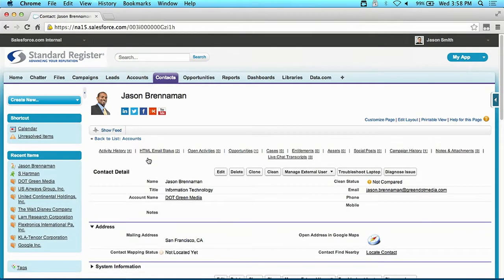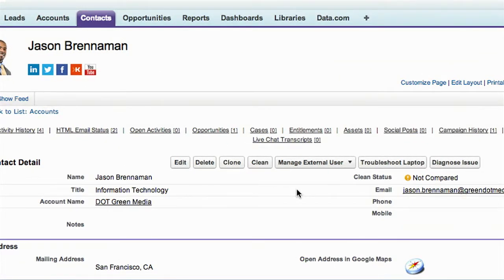When we go to this page, I think many of you, prior to Data.com, will find this view very familiar. We often do not have complete information about our contacts. For Jason Brenneman, we have his email address, and we see he's in information technology, but we don't know what kind of role he has in the organization. We don't have his telephone number, and we don't have his address. So we're lacking some basic information to have deeper and richer communications.